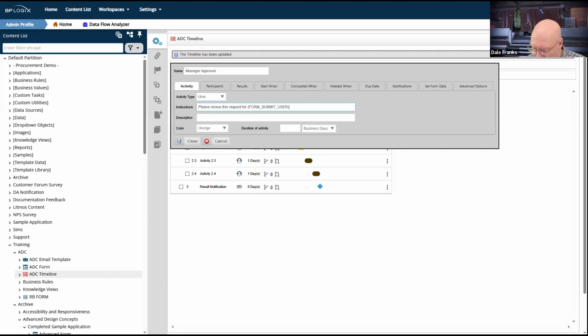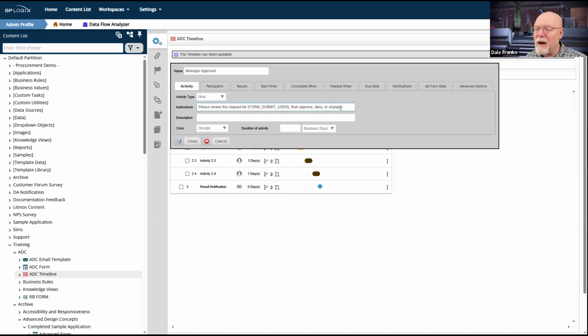I could throw in the form submit user or other system variable here if I want to. I think we'll do that. Please review this request form's user, then approve, deny, or request changes.